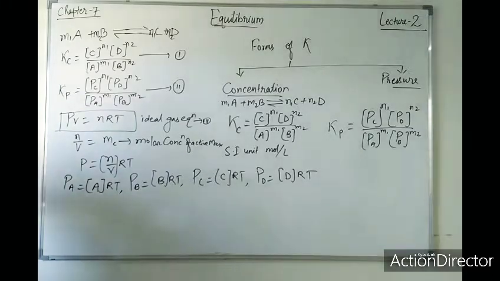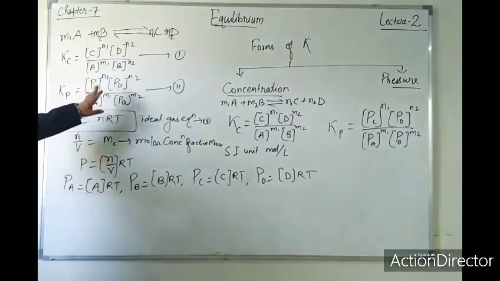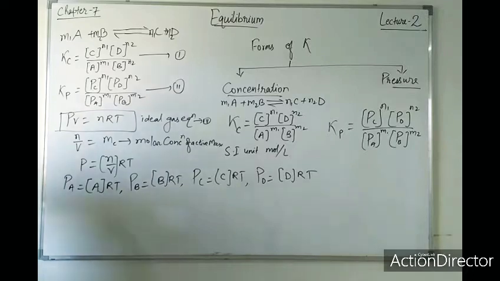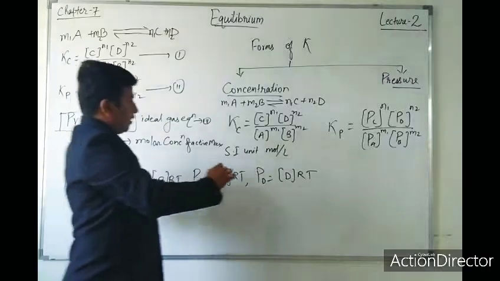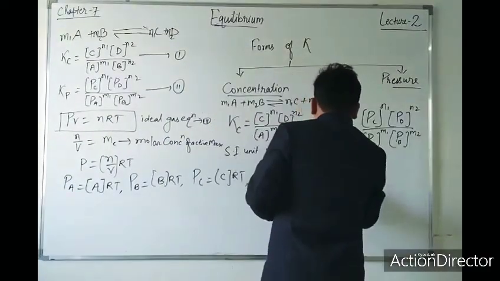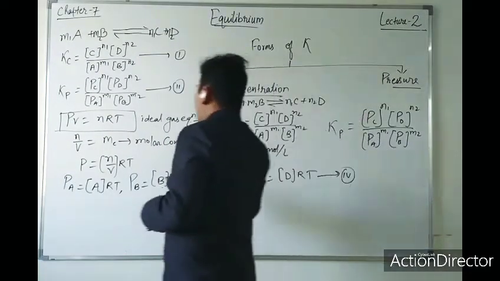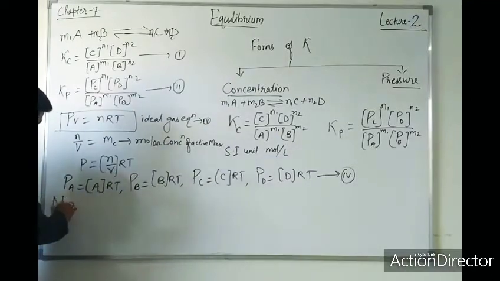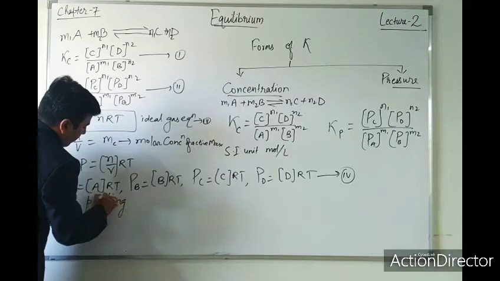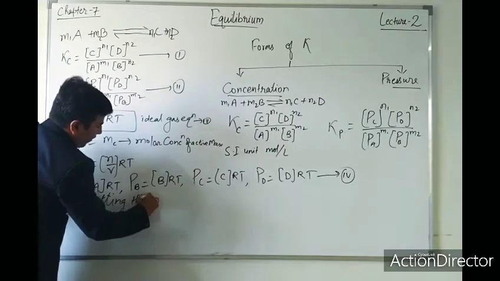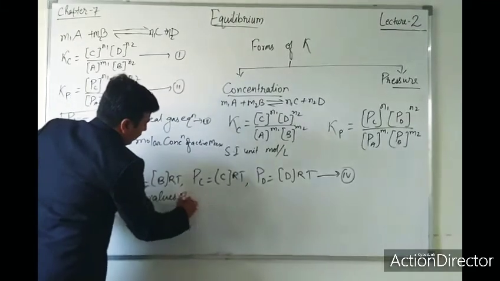Okay, so now keeping this value PA, PB, PC, PD, all the values we are putting these values. Just suppose this is your equation number 4. Okay, now putting the values of equation 4